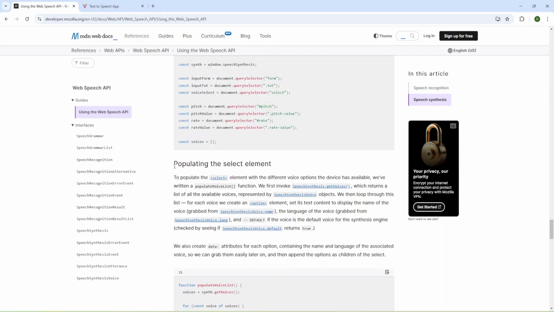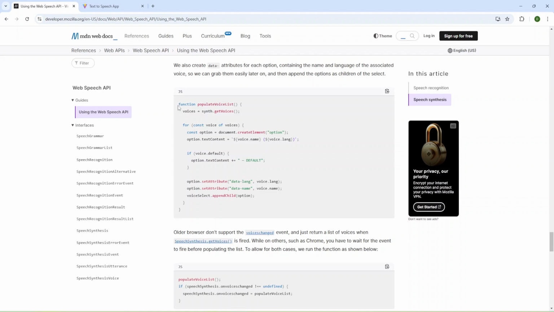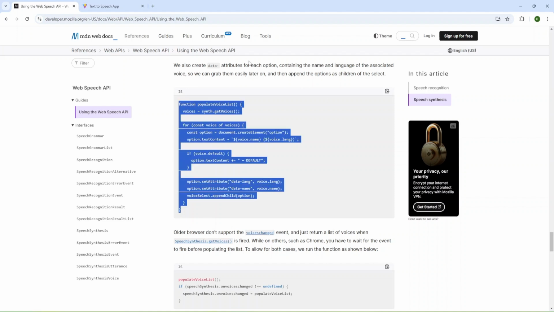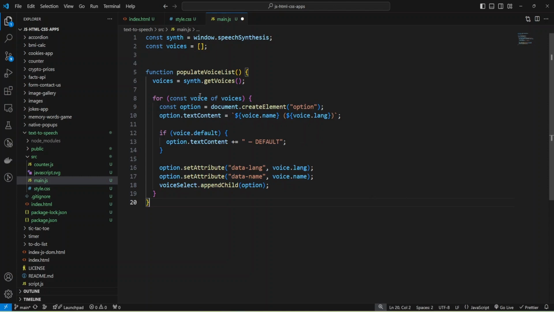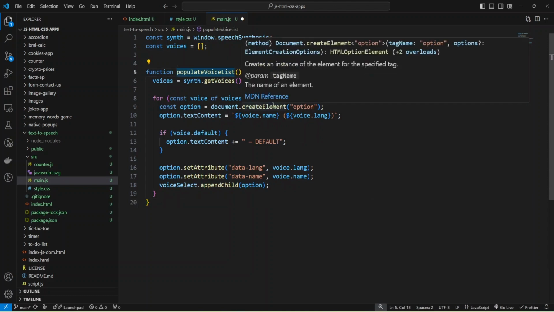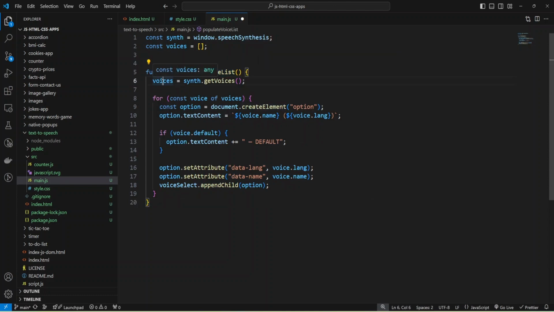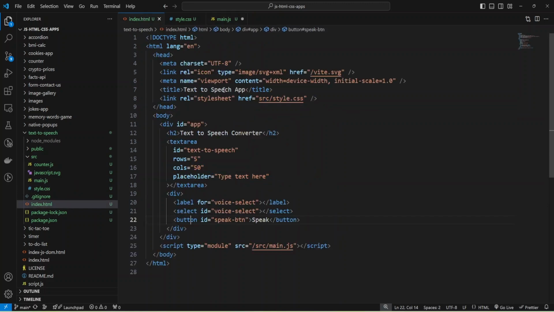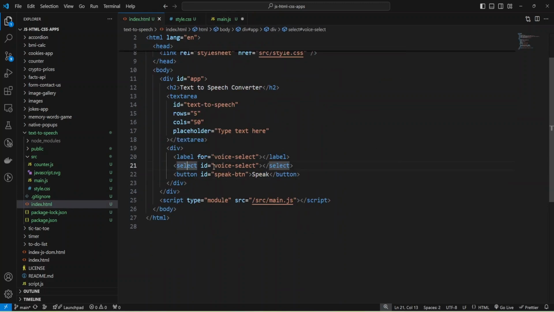And we can populate the select element. I'm just going to copy and paste the function populateVoiceList from the docs, and you can check the code. We will save the available voices inside the browser into our voices variable, and then we'll loop through these voices and add options. We'll create options, and then we'll place each option inside our voice select.